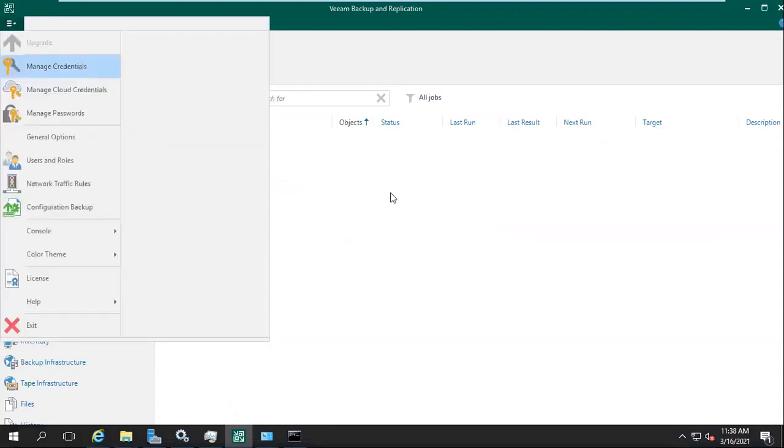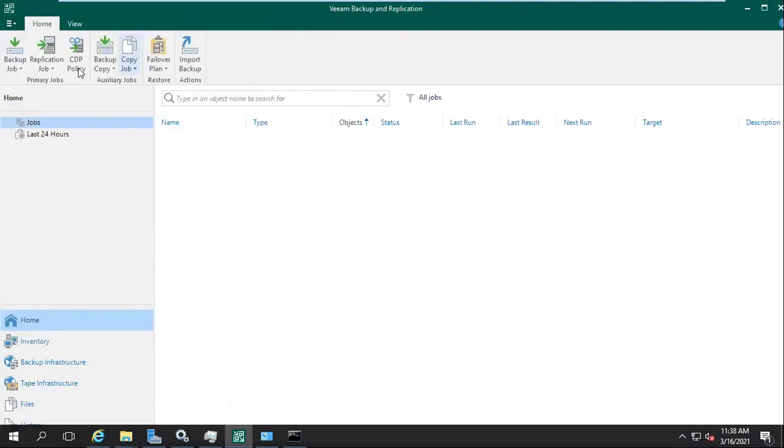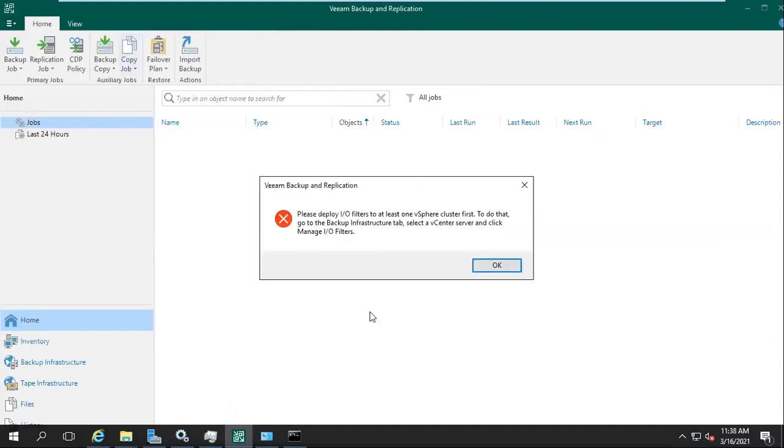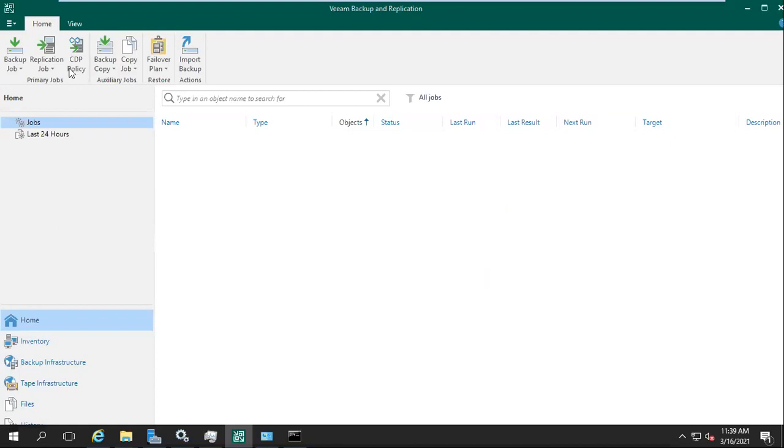So to enable your CDP, you need to run some steps on your vCenter, which is a VAIO filter, which you need to install. All the steps are available on the Veeam Help Center. So if you have a vCenter, you follow these tasks, you can create a CDP policy. Just for your information, the configuration of CDP policies is different compared to replication jobs. Backup jobs and replication jobs are the two jobs which you configure in the traditional Veeam Backup and Replication portfolio,